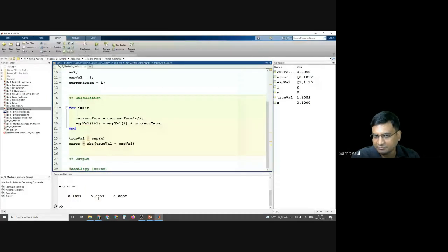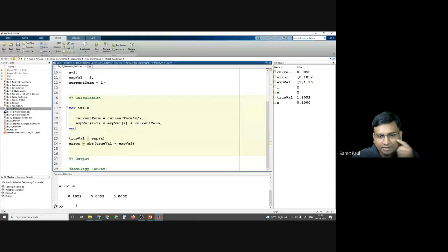In the next term, if we go up to the next term, the error is 0.0052. And if we go up to the second, that is x to the power of 2, we are having error 0.002. That means the error is slowly being decreased. As we increase the terms, the error is being decreased.